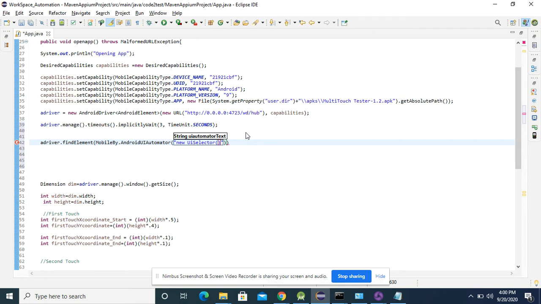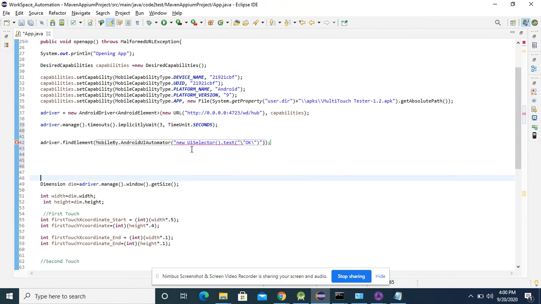After that I will call the text attribute, and the text attribute has the value OK. So this is my locator.